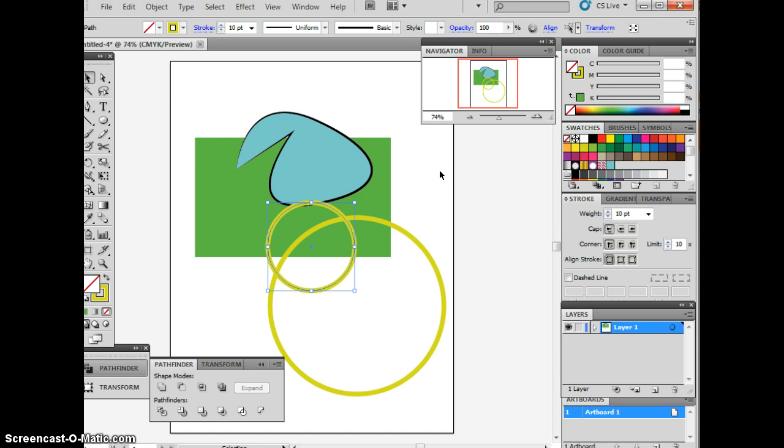We're now going to create a star. The star is also in the shape toolbar, and we're going to create a star with at least 15 points. So watch before you work. We're going to just create